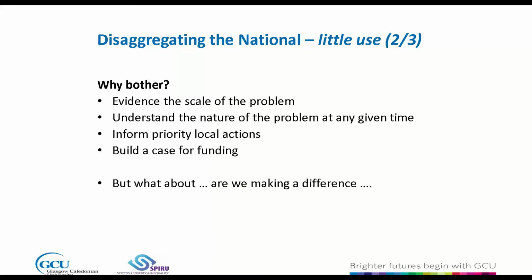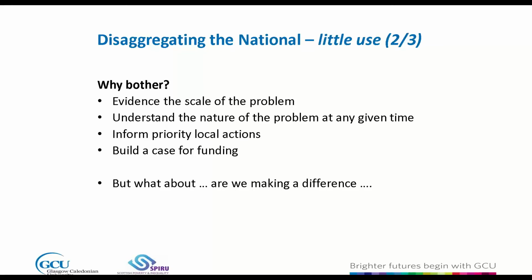But we might, as I say, they may be of a little use because they can allow us to evidence the scale of the problem locally, and they often are in the local child poverty action reports. And because things change through time, and we'd like to think when we're having these webinars in 2028, the type of discussion we'll be having will be different to the one we're having today, because we'd like to think the actions we're taking locally and nationally will be reducing child poverty. So we have to understand the nature of that local poverty at any given time.